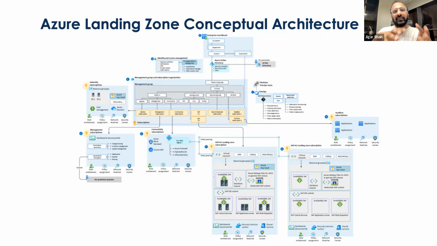So every time I want to migrate a new application to Azure, I don't need to sit and recreate my connectivity subscription or redesign my entire connectivity. You can look at it like a well-designed data center, right? If you have a very well-designed data center, every time you want to provision a new application, the only thing you do is not restructure your network. What you will do is open certain firewall ports for that specific application, and you are up and running. That's exactly what we do with a well-designed landing zone, where we have a connectivity subscription, where all the networking